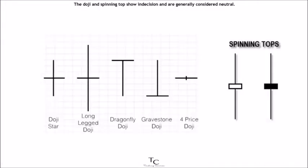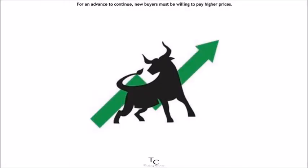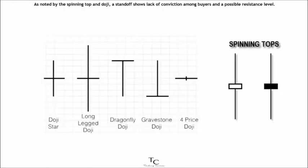The doji and spinning top show indecision and are generally considered neutral. These non-reversal patterns indicate decreased buying pressure, but no noticeable increase in selling pressure. For an advance to continue, new buyers must be willing to pay higher prices. As noted by the spinning top and doji, a standoff shows lack of conviction among buyers and a possible resistance